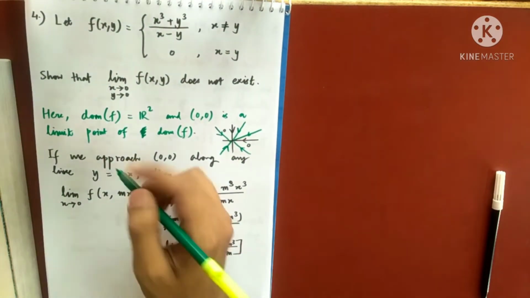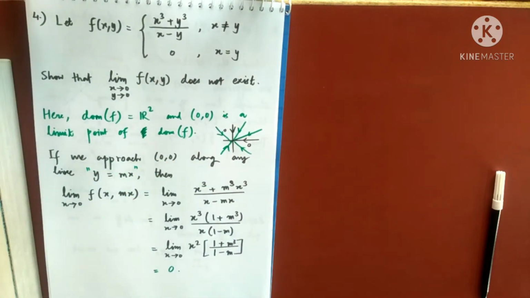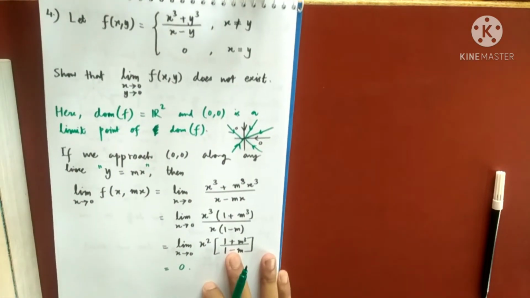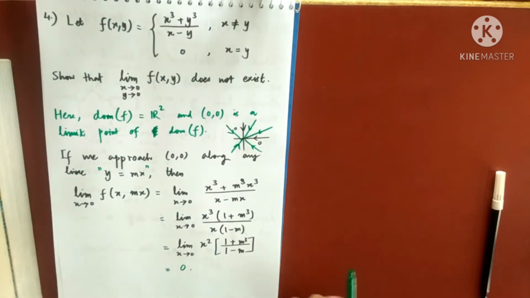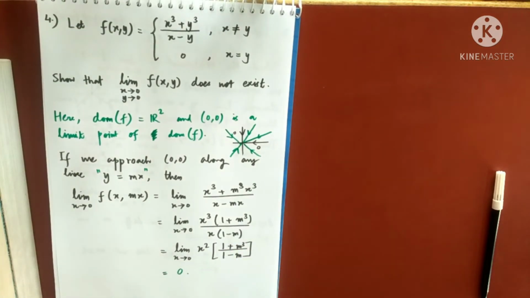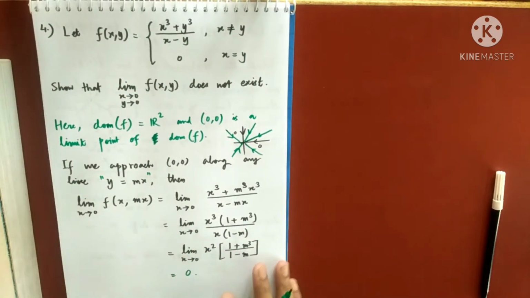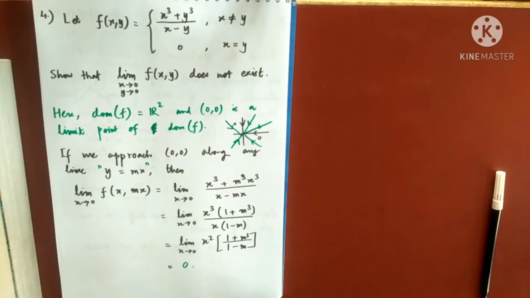So when I am choosing this kind of line, my answer does not depend upon m. So again, no conclusion can be made. If I am going along any line, I am getting the limit to be 0. So again, this cannot guarantee the existence of the limit, neither can it guarantee the non-existence. So we are stuck in between. What next? What curve should I choose next? You may try with a parabola next, but again you will get the answer 0.